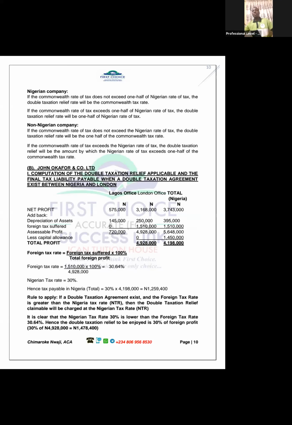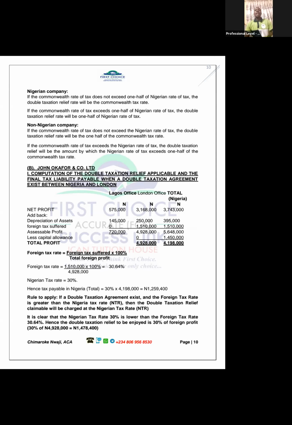So I bring the net profits. Now I am adding back because the profits that were given to us, the income that was given to us, were all allowable income, taxable income. So nothing happened. But the expenditures have some issues. We're going to add back some expenditures that were deducted. For example, depreciation of assets. We are going to add it because it was deducted. So we have added them back.